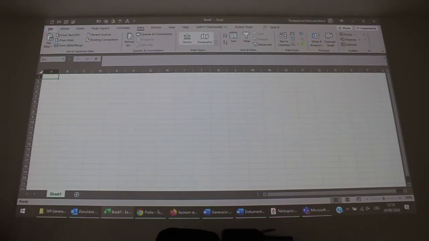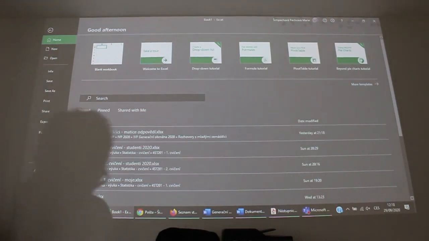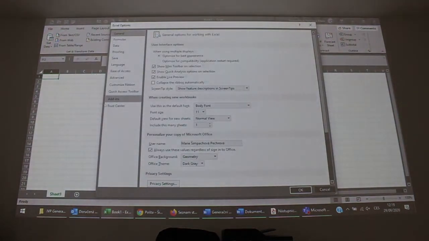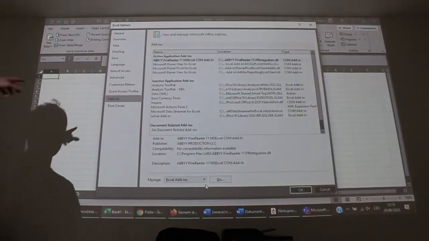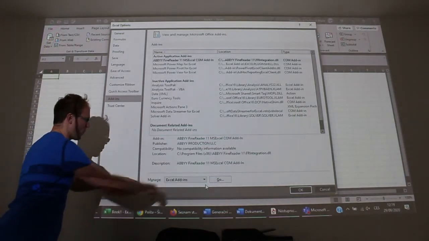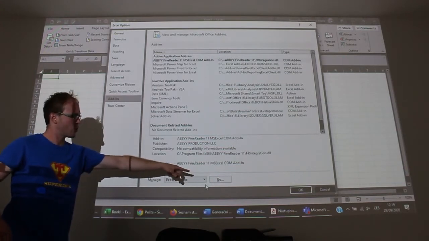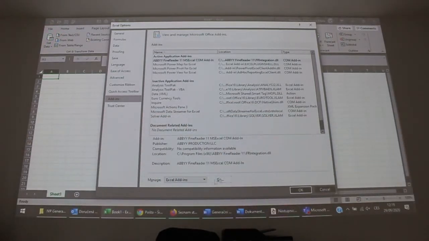You can click on File button, yes, File button, and here on the bottom you can find Options. So please click on Options. And in this window, you can find Add-ins. Yes, here Add-ins. If you select Add-ins, on the bottom of this window you can see Manage Excel Add-ins, and there is a Go button with 3 dots. So please click on this Go button with 3 dots, and there we can select